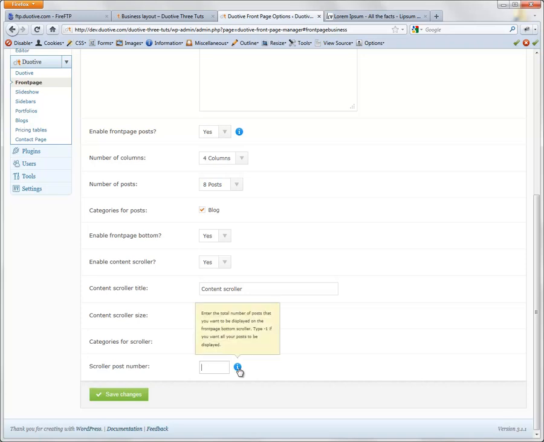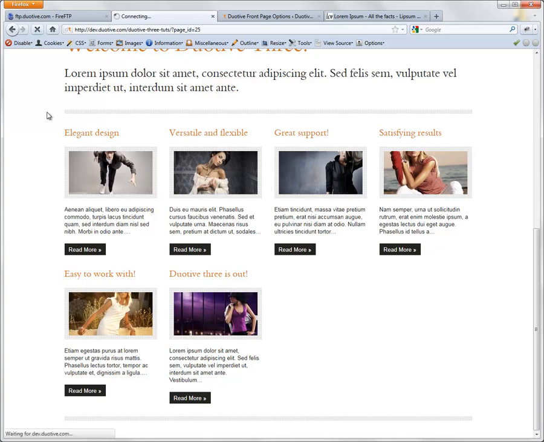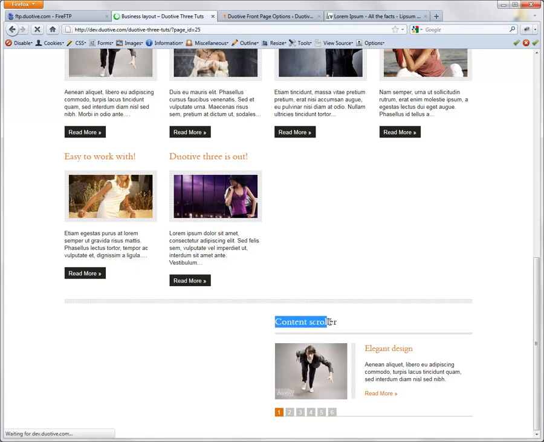As mentioned in the tooltip, if we type -1, all the posts will be used. Save changes,